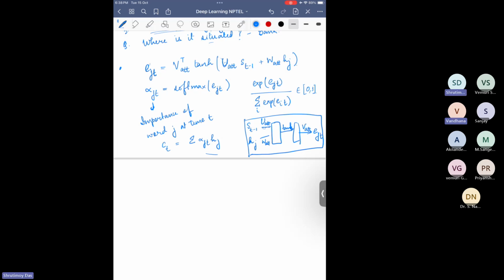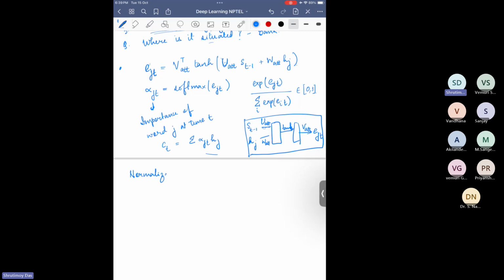Very basic machine learning question: what is the difference between normalization and standardization? The softmax function is being used for normalization. So whenever we talk about normalization,